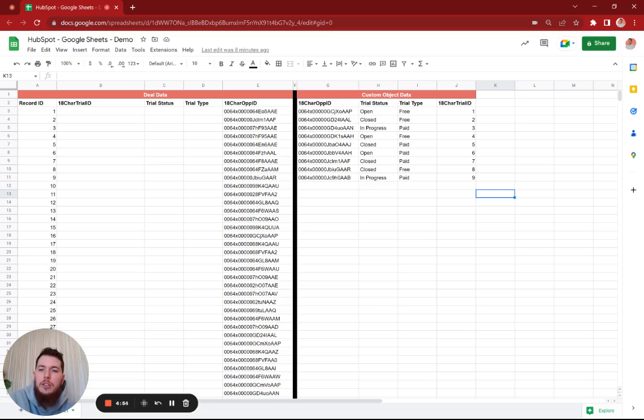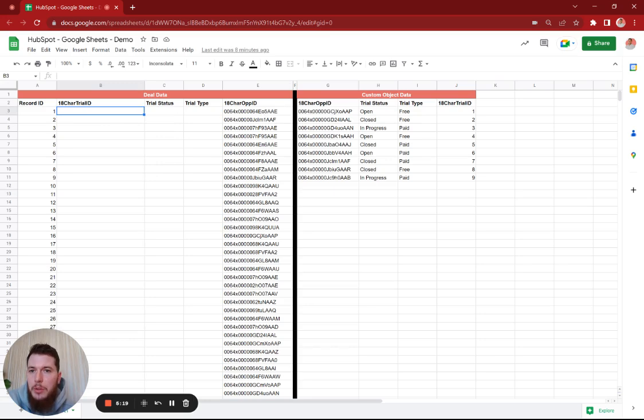Showing you guys how to use VLOOKUP formulas when you're trying to cross-reference two completely separate objects to map data from one to the other that share a unique identifier. In this example, and in many of those examples, when you're dealing with Salesforce, that's going to be your 18-character opportunity ID. So in this example, we have created a spreadsheet, and in that spreadsheet,